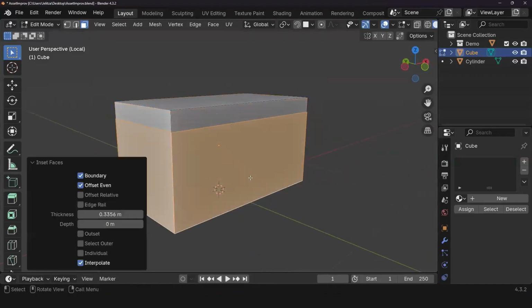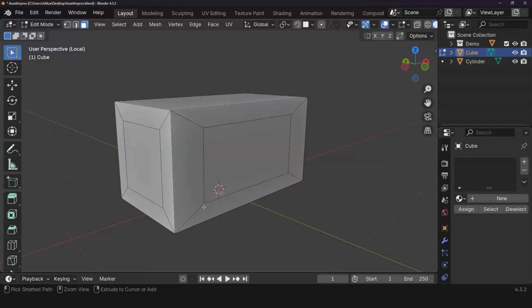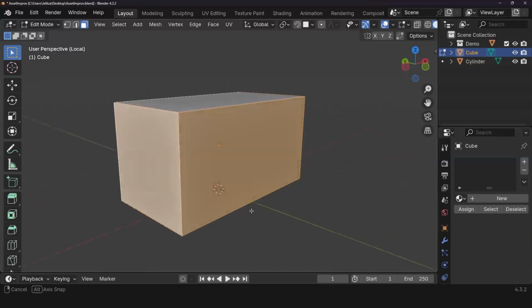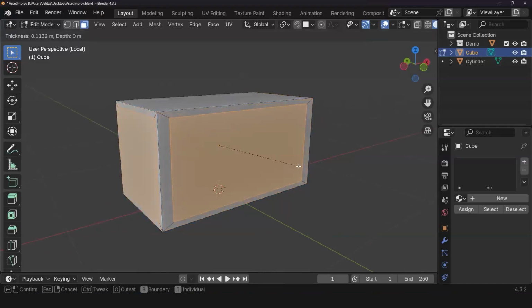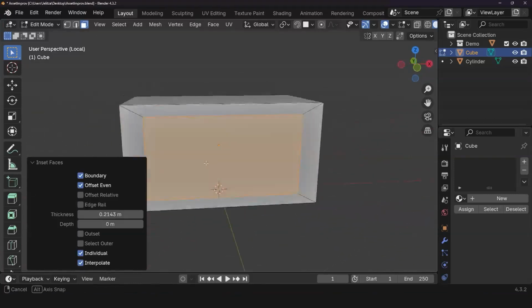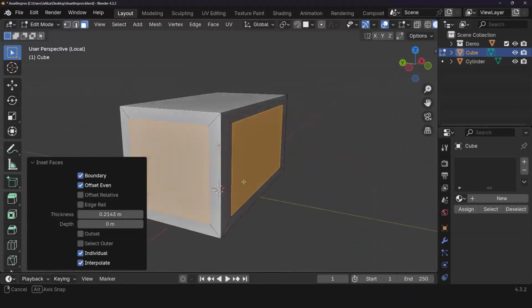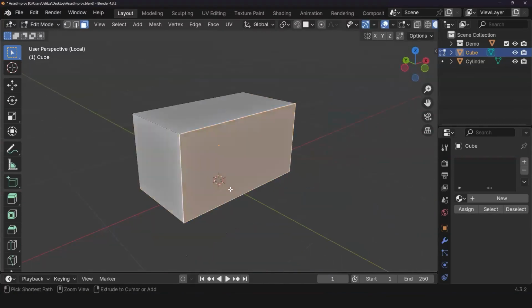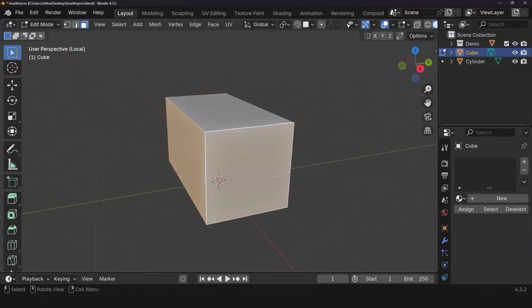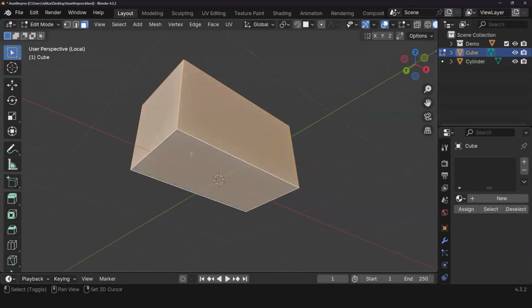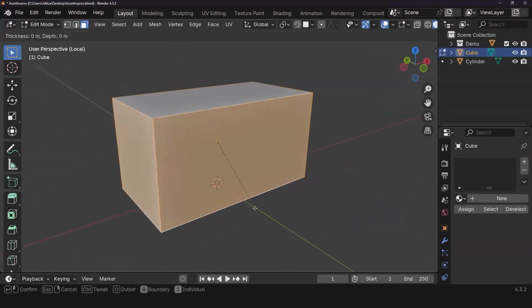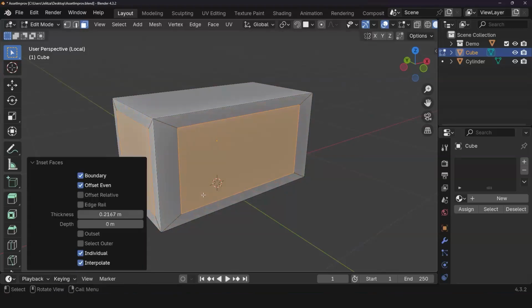Actually, there we go. What I want to do is do individual, right? So let's Control Z out of that. Okay. Now if I press inset again, now it's doing the thing. However, the shape is weird. I think I might have done something crazy. So hold on a second. Let me try that again. Alrighty. I for inset. Yeah, it's still shaped a little weird, but that's okay.